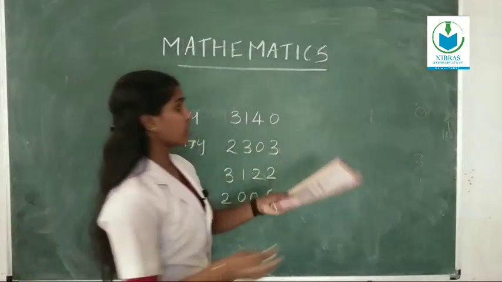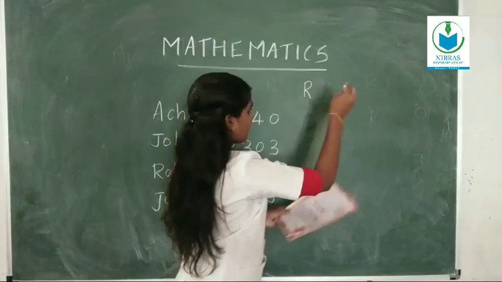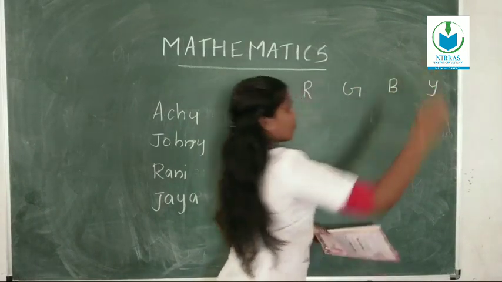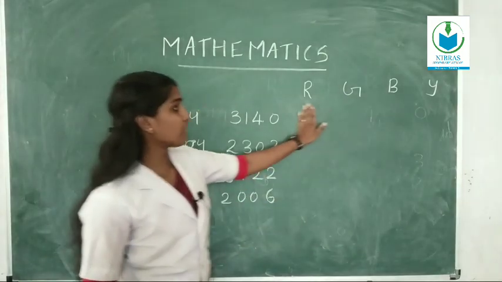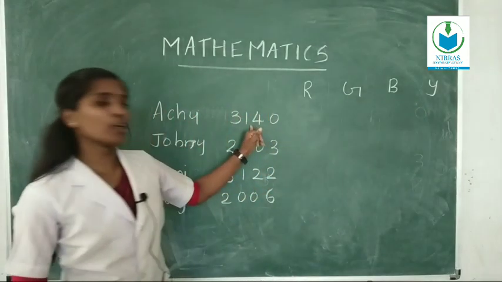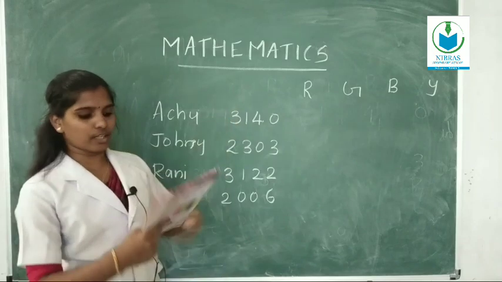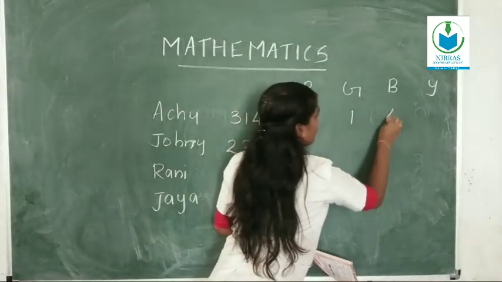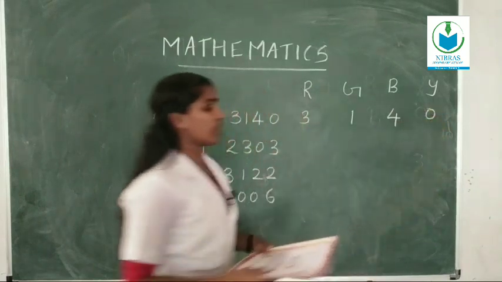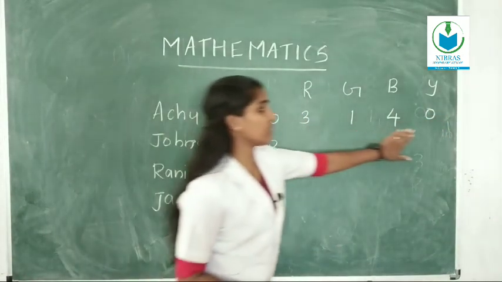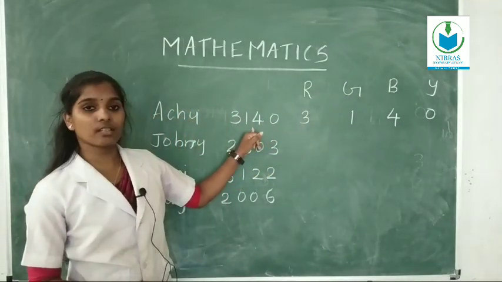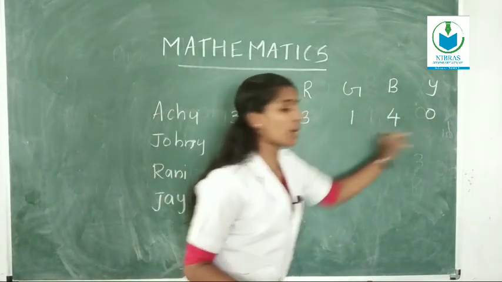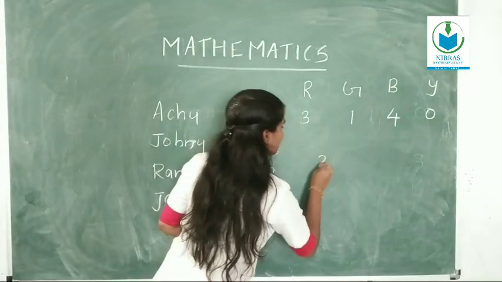Okay, so now also given here are red, green, blue, yellow. We want to calculate the number of cards from the points. So first one, here write 3 1 4 0. How do we calculate the number from the point? Yes, tell me, from this point we want to calculate the number. For that you write